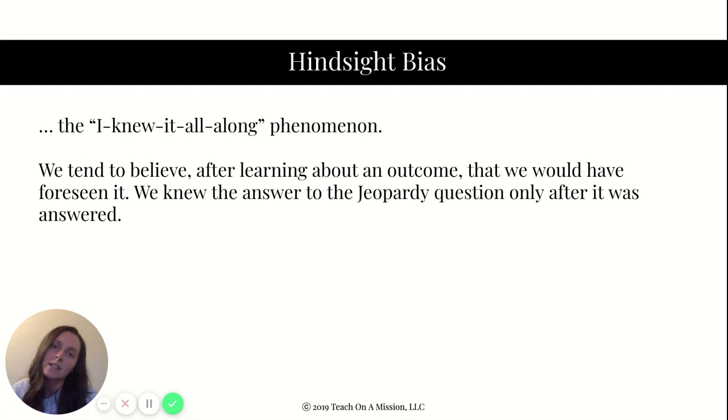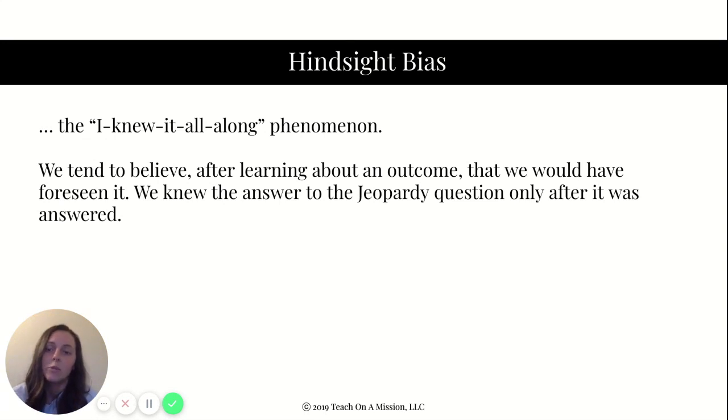Okay, so let's look at hindsight bias. This one is so easy to point out in other people, and you probably do it yourself super, super often. This is the idea that you knew it all along. So you're taking a test, you don't know the answer, so you pick one. And then you get the test back, and the teacher tells you the correct answer, and you're like, oh, I knew that. Well, did you? Because you didn't put it on the test, right?